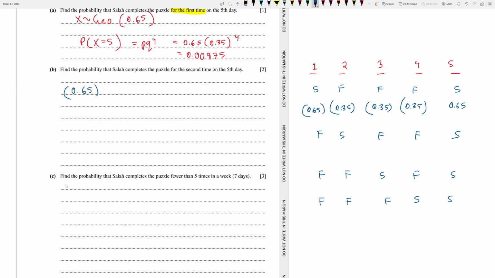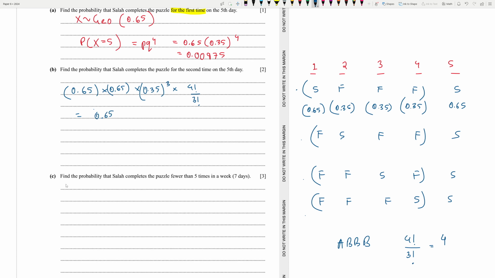1.65 is fixed, and these four, it's basically permutation combination, right? Like a b b b. What does that mean? 4 factorial divided by 3 factorial, right? What does that mean? Just four ways of arranging this, 4 possible ways. 1 2 3 4. So 0.65 into 0.65 into 0.35 cube into 4 factorial by 3 factorial, or simply 0.65 whole square, because there are 2 successes, 0.35